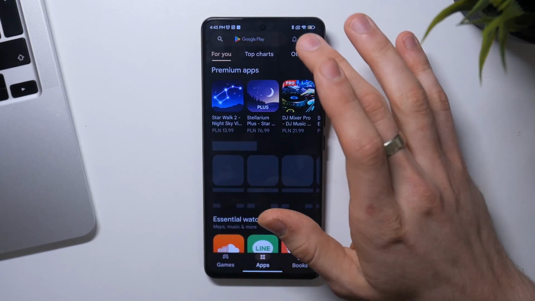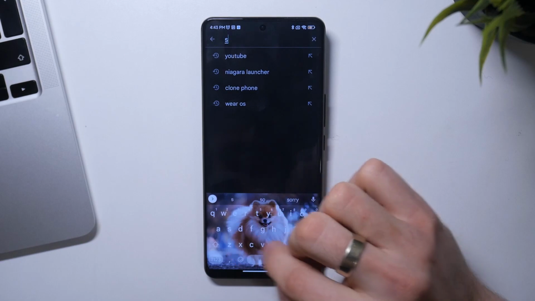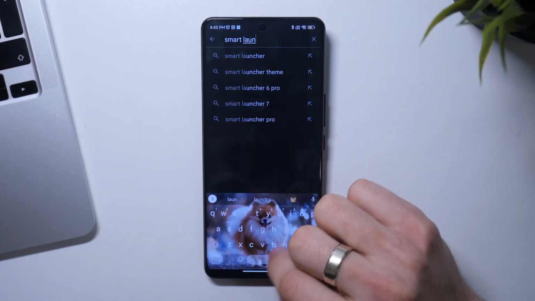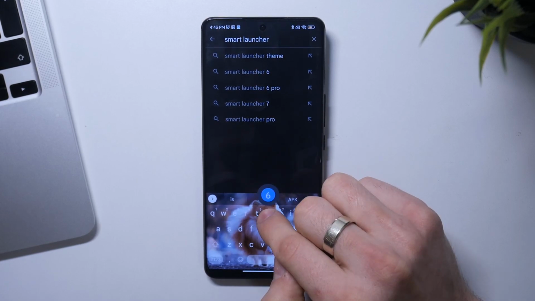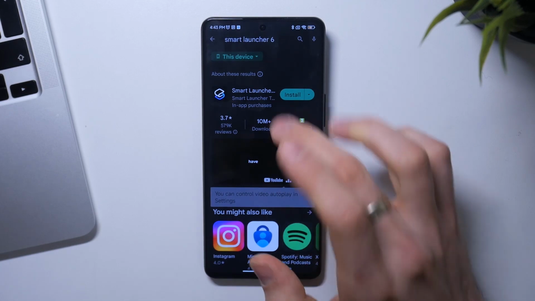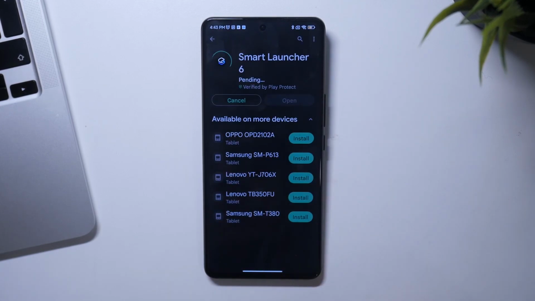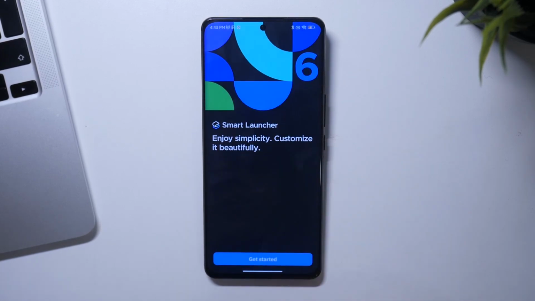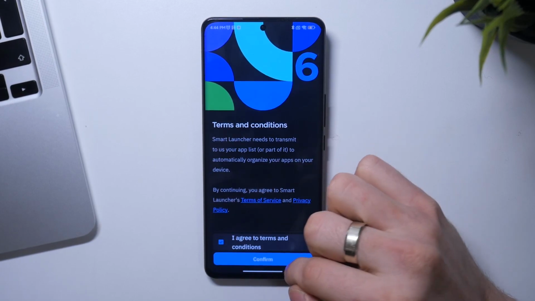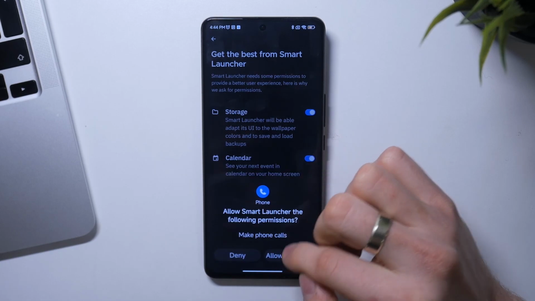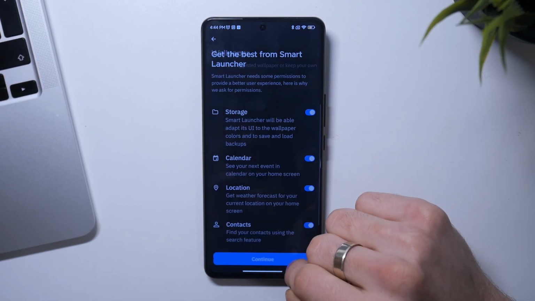Great. In second place on my list is Smart Launcher 6. So just find it. Great. Click install. Click open. Get started. I agree, confirm, continue. Oh, I need to click hello, but okay. Hello,